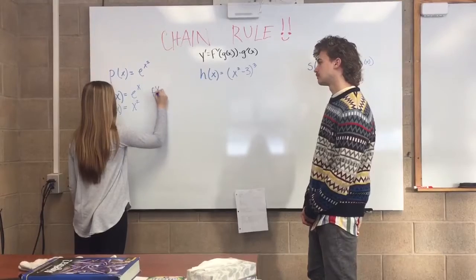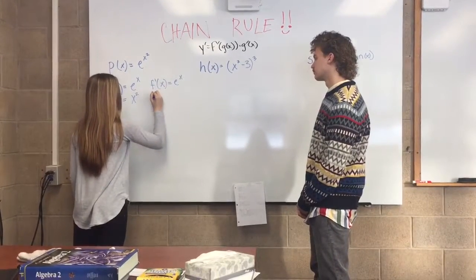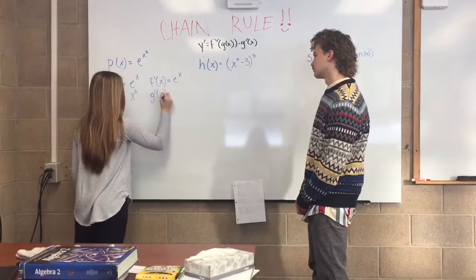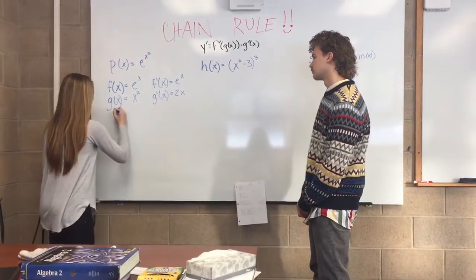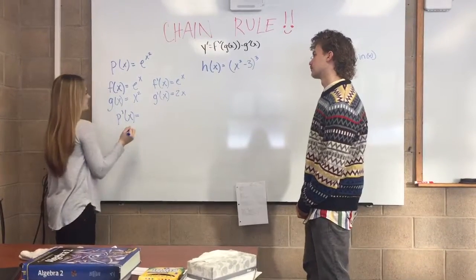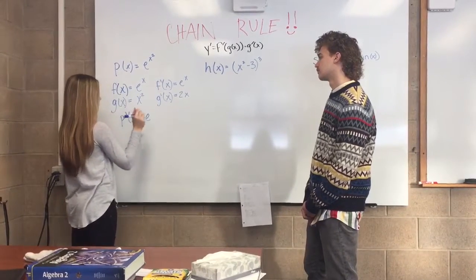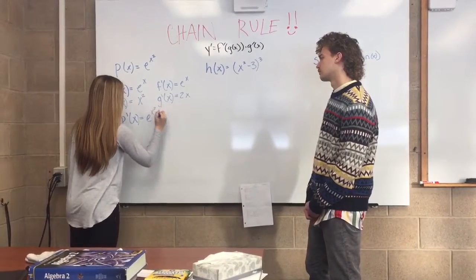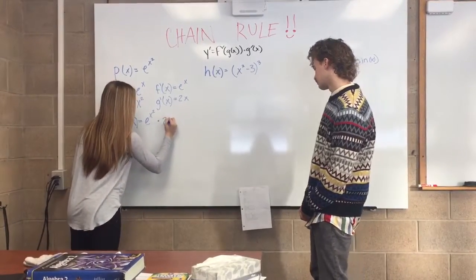So f prime of x just equals e to the x, and g prime of x equals 2x. And now we're just going to do the chain rule. So we do p prime of x equals our outer function, e to the inner function, x squared, times the derivative of the inner function, which is 2x,